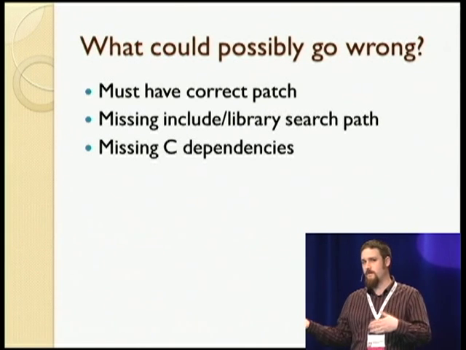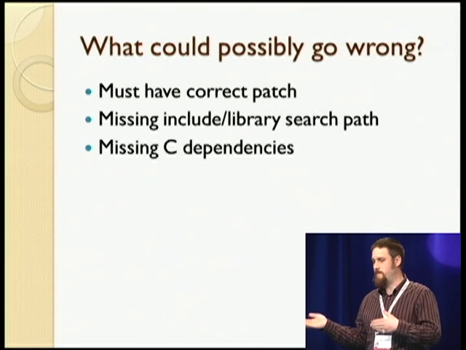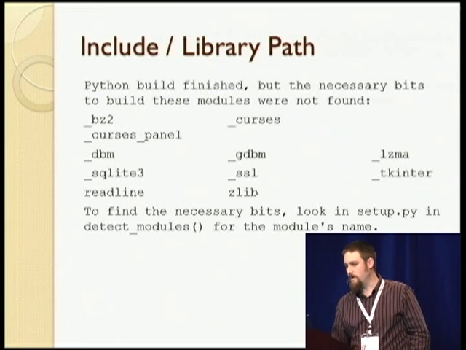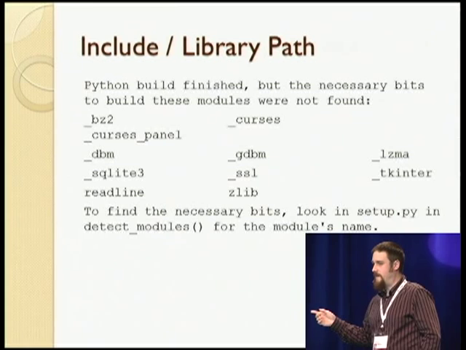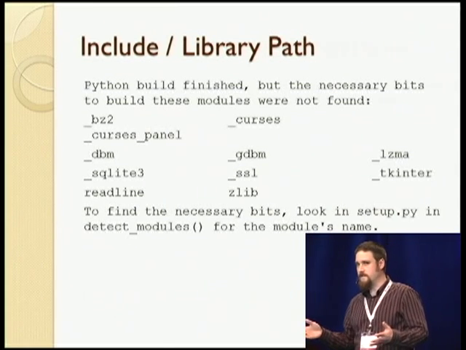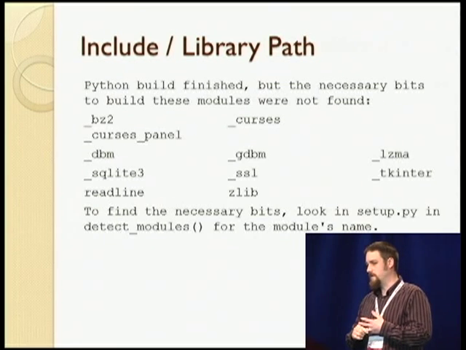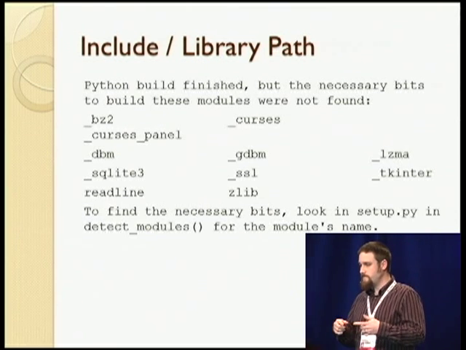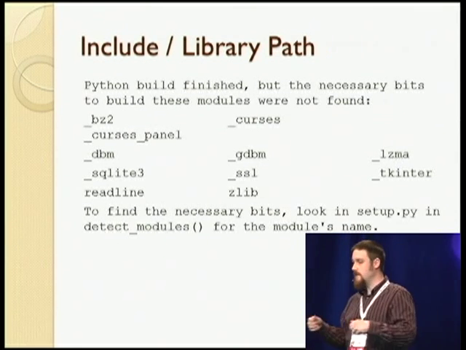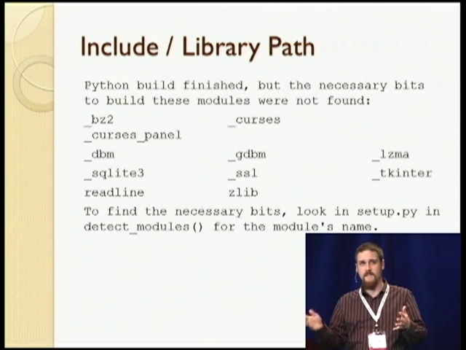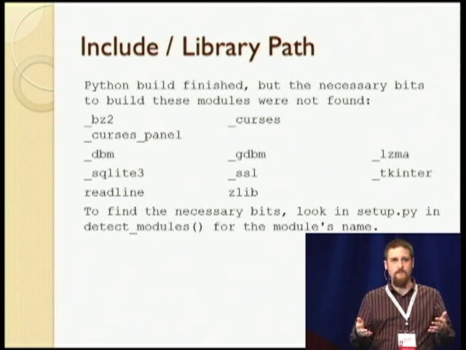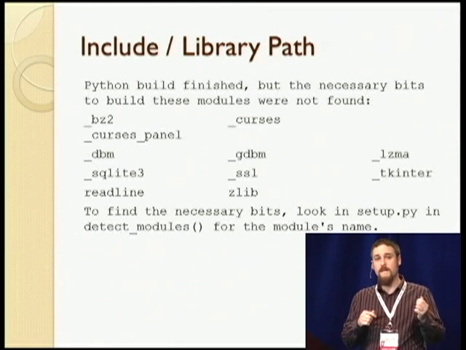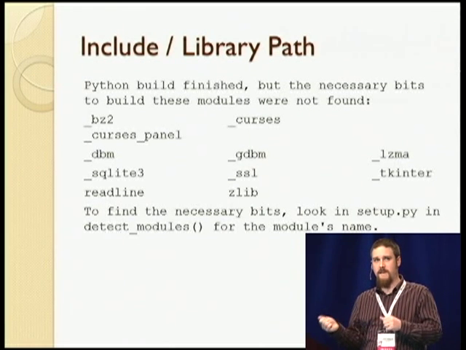And of course, if you're targeting an embedded system, maybe your build target, you haven't built your C dependencies yet. So if for some reason you have a problem where you're missing some includes or library paths, or perhaps you're missing a C dependency, you'll get something like this, which is actually pretty helpful because it tells you exactly what it can't find. But it doesn't tell you whether it can't find it because you don't have that dependency, or you actually need to set the include paths correctly.